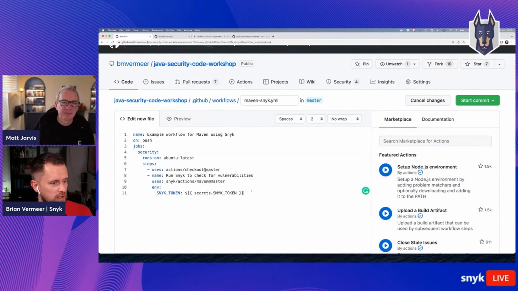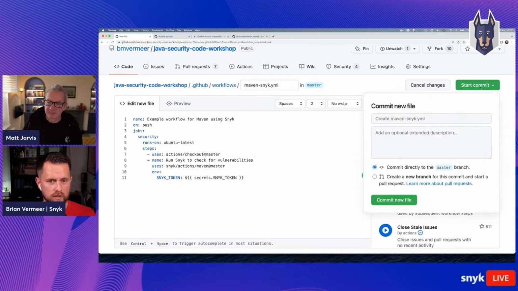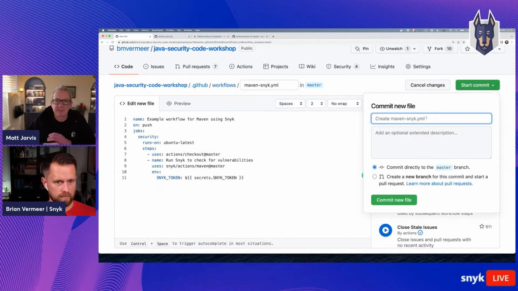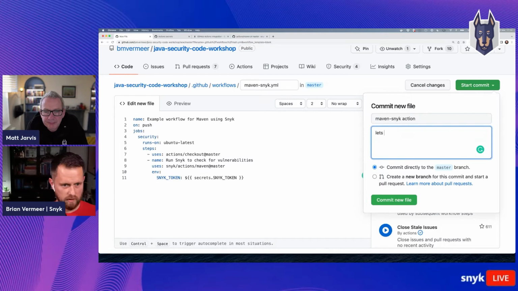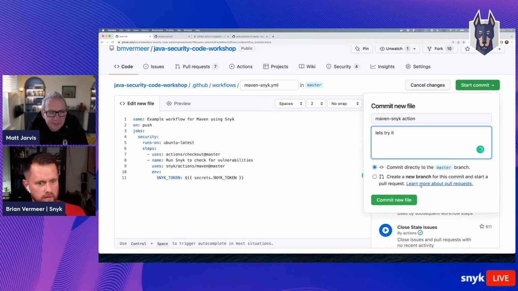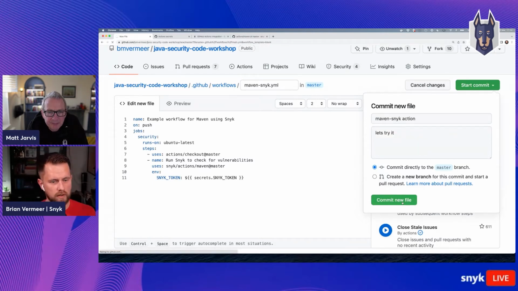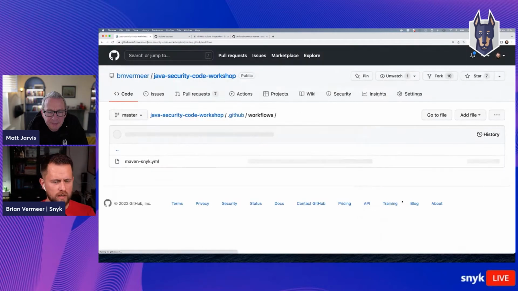So this is my application, and it's triggered on a push. Well, let's start this commit. Let's see what works. Maven Snyk action. Let's try it. So I commit this file, and I'm not sure if it's triggered right away or